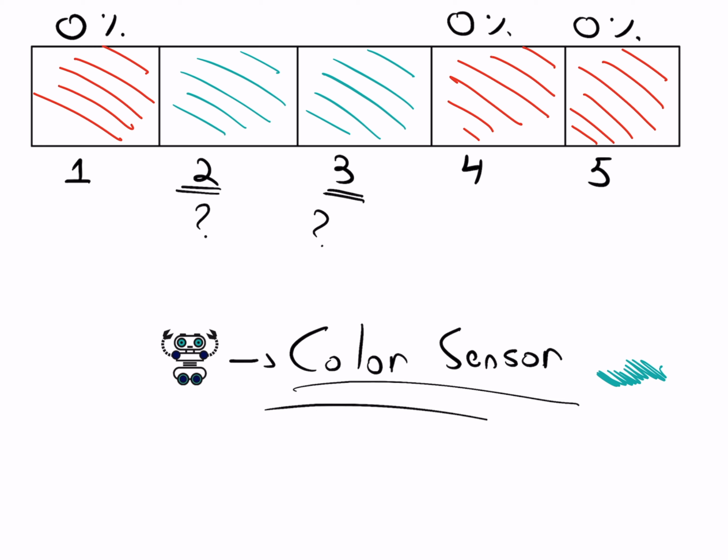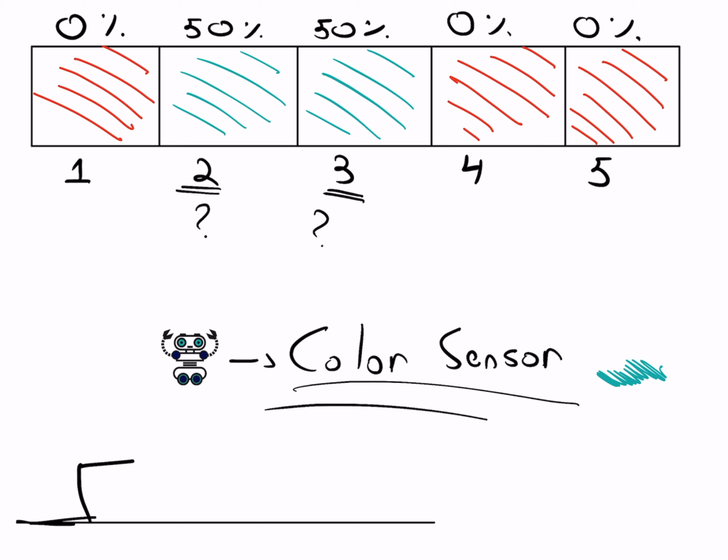How do I know if the car is next to bin number 2 or 3? Truth to be told, I don't know, and therefore it takes us back to what we did previously. I cannot prefer one bin over the other, and therefore the probability of bin number 2 is 50%, and the probability of bin number 3 is also 50%. By the way, I can draw the probabilities, and this drawing is called the histogram distribution, just like this. So here we have 0, 0.5, which is 50%, 0.5, 0, 0.